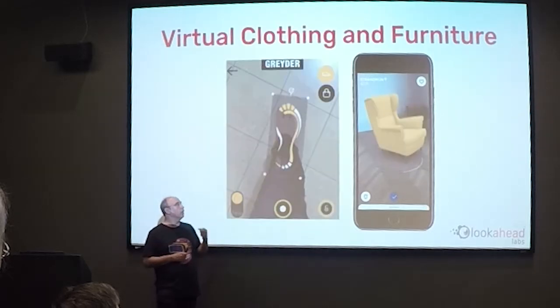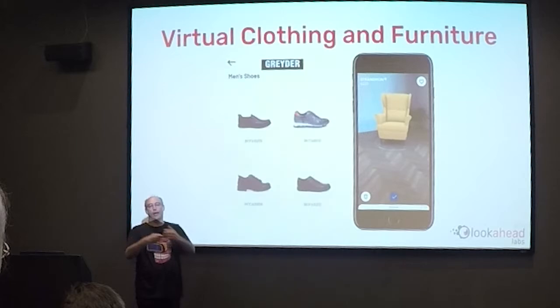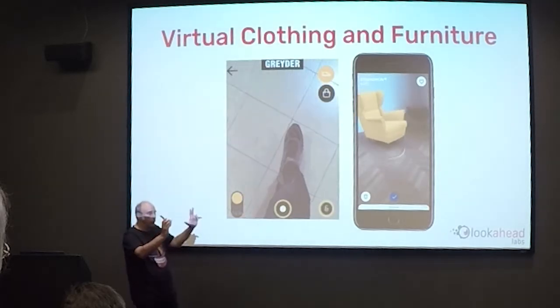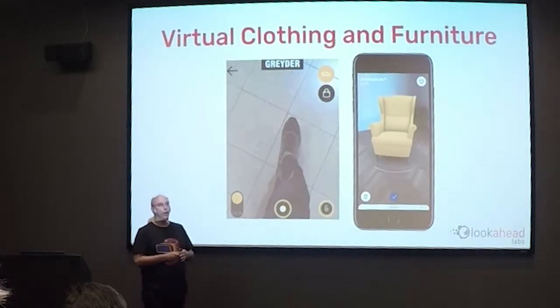So it's IKEA, and you've got your virtual catalog on the phone. You look through the catalog. You say, hey, I like that chair. You point it at your living room. Yeah, it's going to look great in that corner. And then you go back to the catalog and you buy it. I mean,